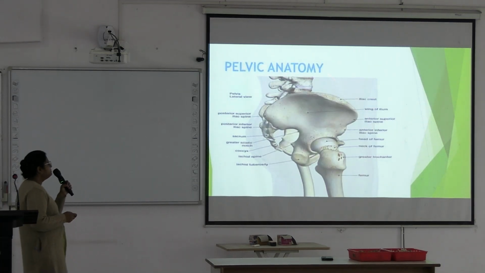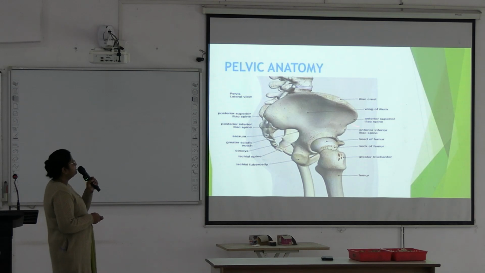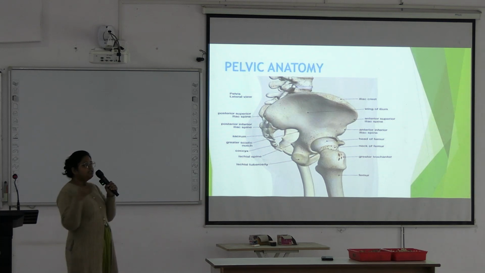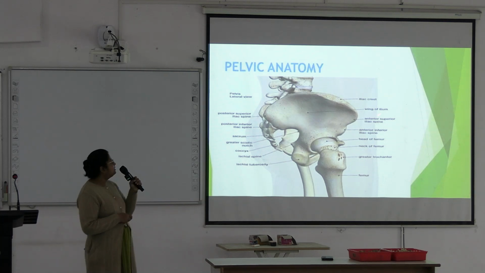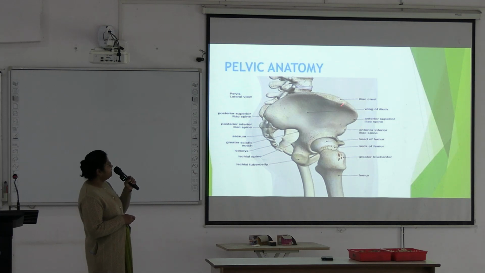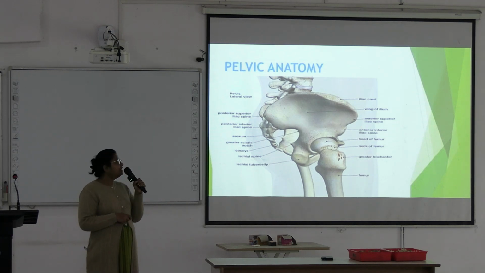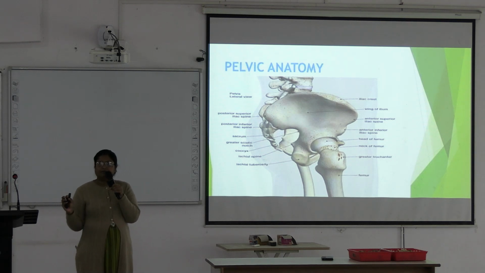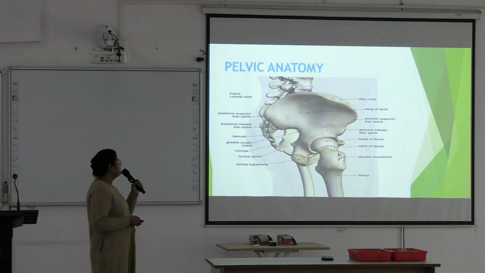See, this is the pubic crest and this is the anterior superior iliac spine, posterior superior iliac spine. This is the pubic tubercle and this is the highest point. Through the highest point passes the intercristal plane, and through the tubercle, that is 5 centimeter posterior to the anterior superior iliac spine, passes the intertubercular plane of the pelvis. Okay, understood? Next.